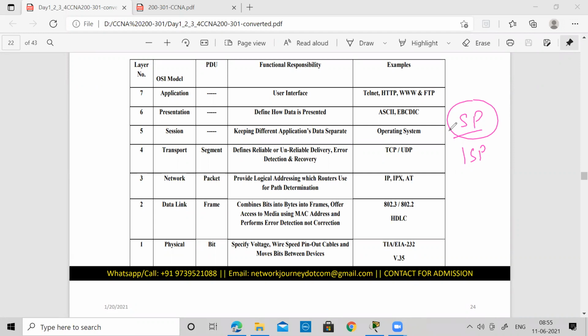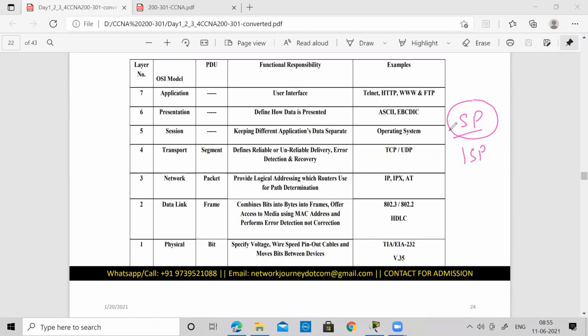Yes, though you go with their internet, you are basically paying your internet service provider based on the bandwidth, that you require 10 mbps or 20 mbps or 40 mbps, or 100 mbps if you're taking a fiber connection.